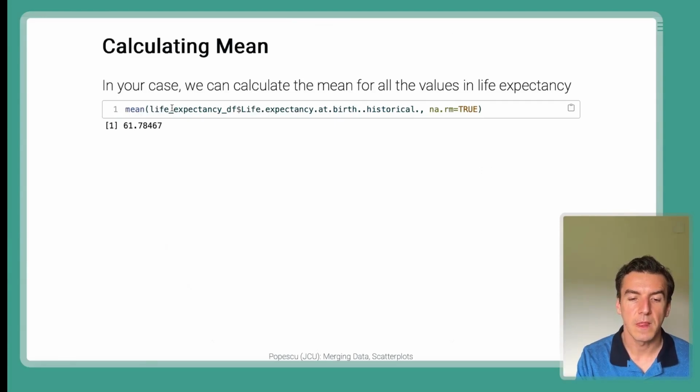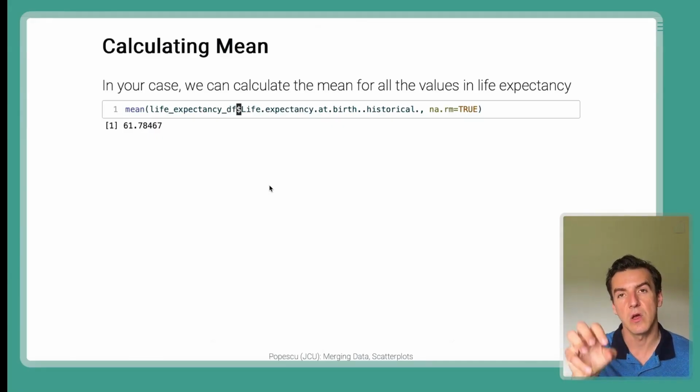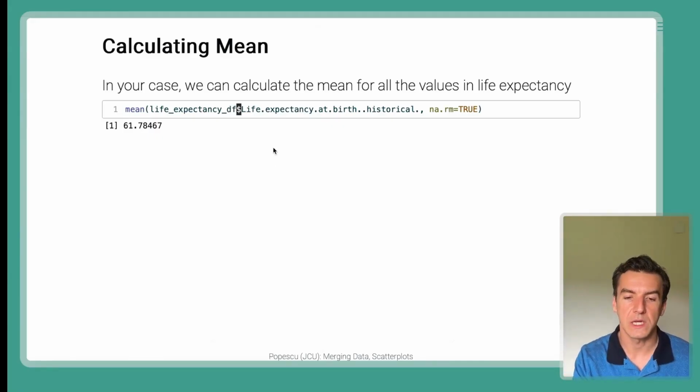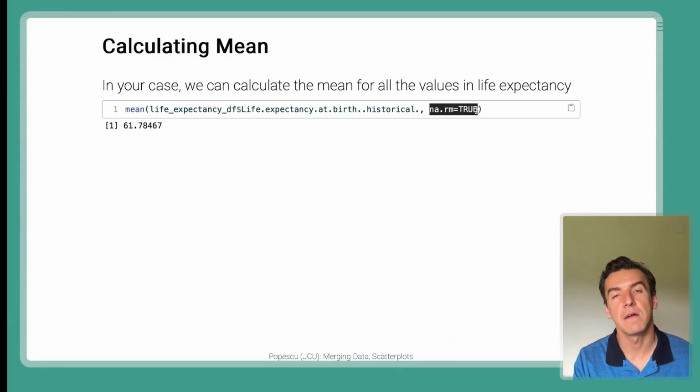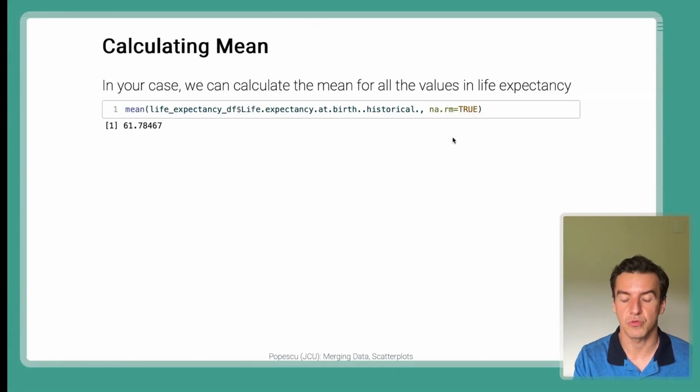Okay, to calculate the mean, we simply do this. Mean, and then the new data frame, dollar sign. Remember that the dollar sign is really the symbol that allows you to access one particular column within your data frame, and then the name, the data frame itself. Given the possibility that we might have NA values within that column, we simply add comma NA.rm equals true. So that gives us the average life expectancy throughout the world, all the years from 1950 to 2021 is